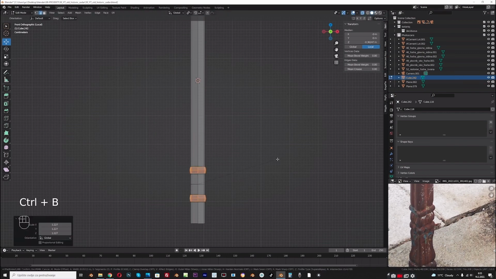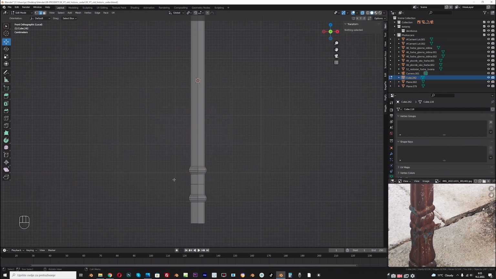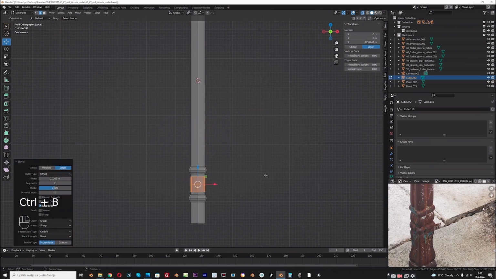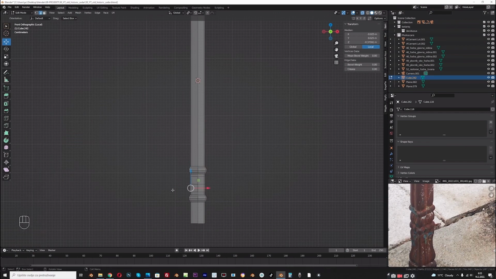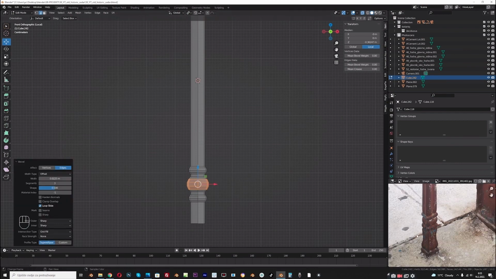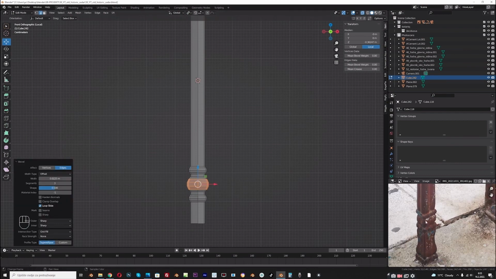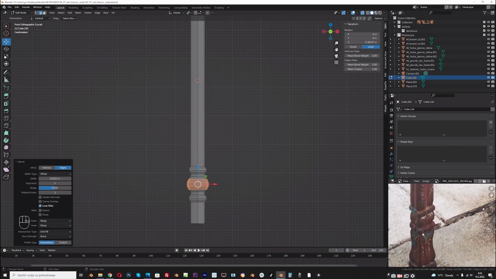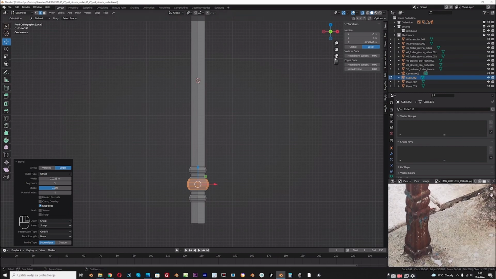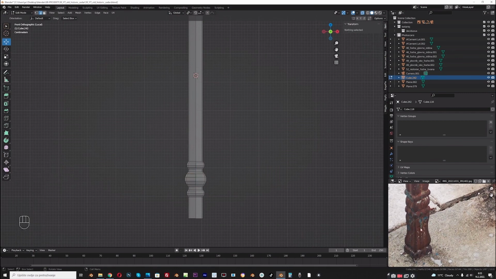And now bevel this. And now I will bevel this middle part and scale this more. Okay, so we will do something similar, but I think for this we need sculpting these details here, but we don't want to do this now,